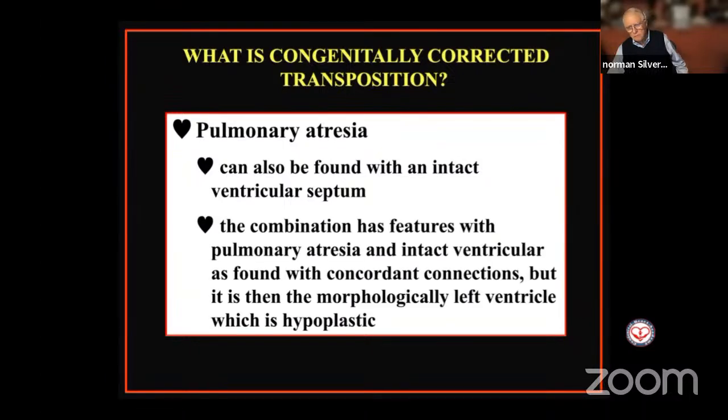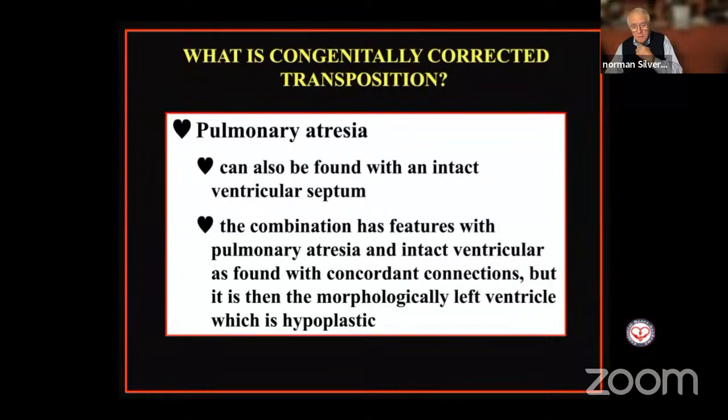And now the features have much in common with pulmonary atresia and intact ventricular septum with concordant connections, but it is the morphologically left ventricle which is hypoplastic. So in many ways, this is a cross between pulmonary atresia and intact ventricular septum and the hypoplastic left heart syndrome. So let me show you a nice example of this combination that is present in the archive of Lurie